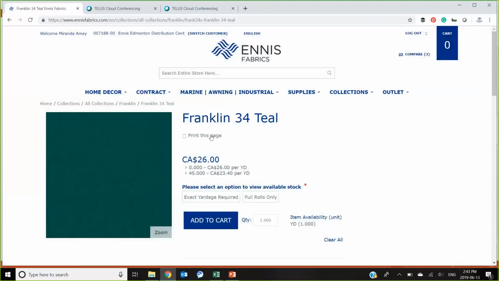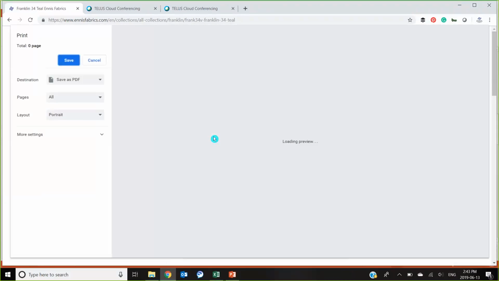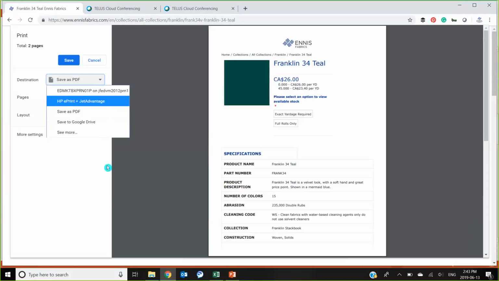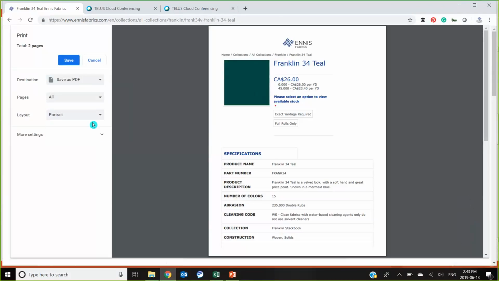You can press print this page, which takes you to a pop-up screen. Depending on what version of Microsoft or Macintosh that you're running, it will look a little bit different, but mine opens up and has the option to save as a PDF or print it. That will change slightly, but everyone should have that capability on their laptops. So this is the PDF that it produces for you. Something to note is that all print this page